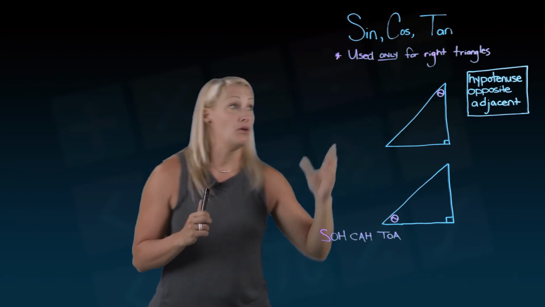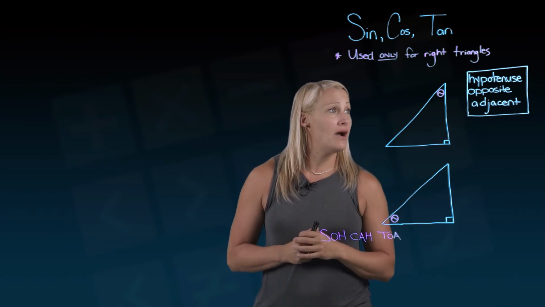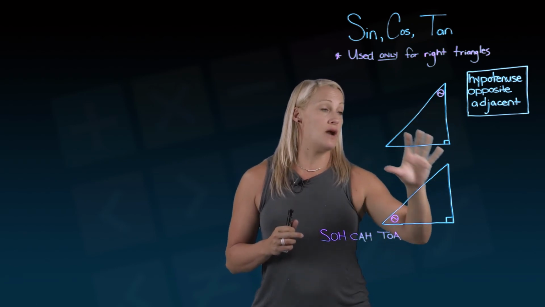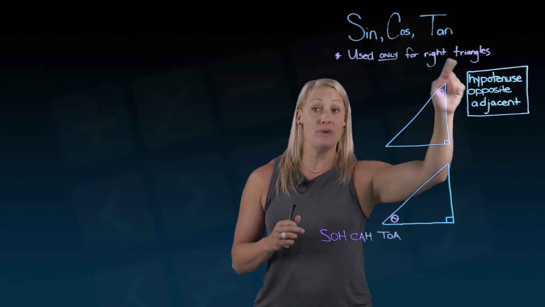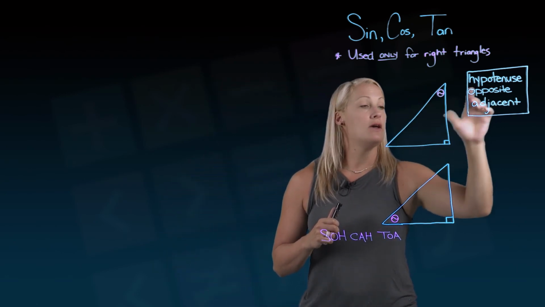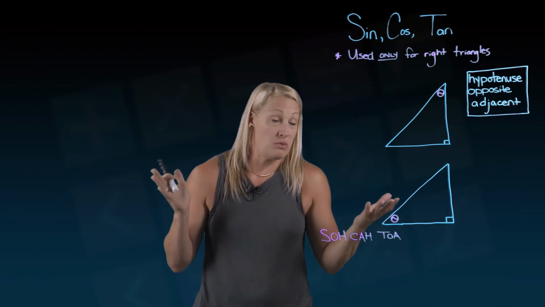We're going to use sine, cosine, written short form as cos, and tangent, written as tan up there. But in order to use those ratios, we actually have to talk about one other concept first, and that is these three words right here: hypotenuse, opposite, and adjacent. So I've drawn two right triangles. This can only be used in right triangles, and the reason is because of the hypotenuse. So in both of these triangles, I'm going to label the hypotenuse. Hopefully you know this already, but if you don't, that's why we're doing this.